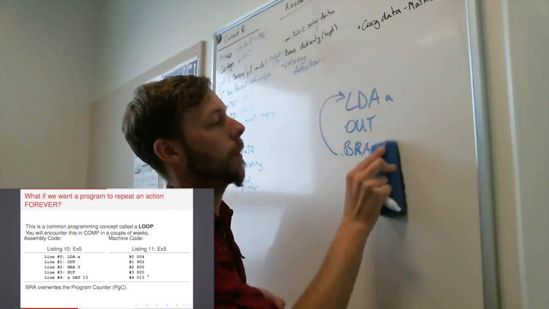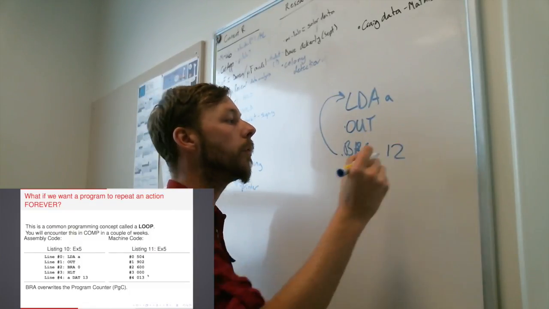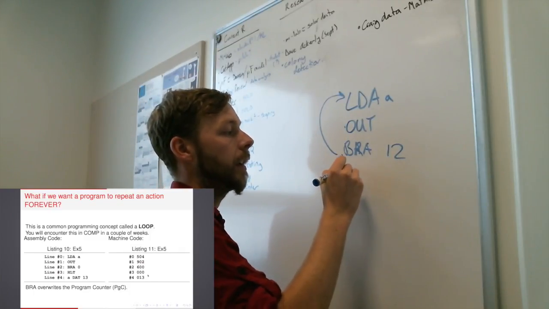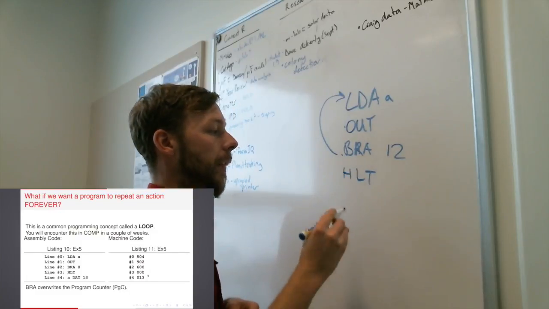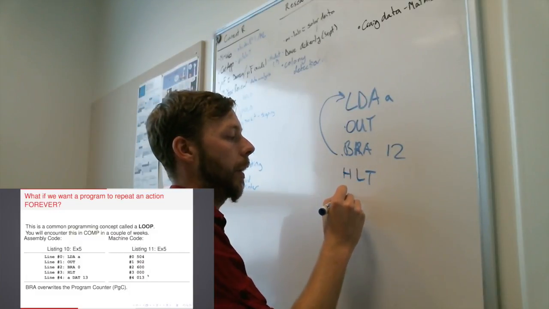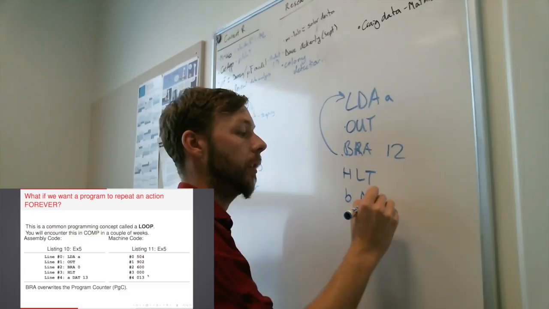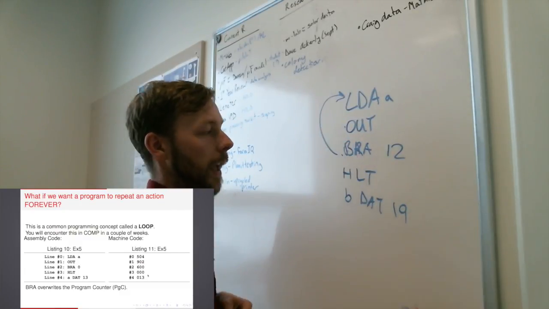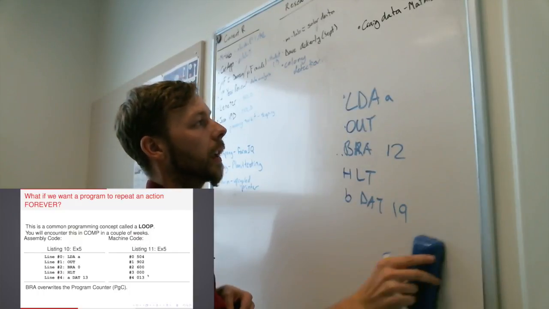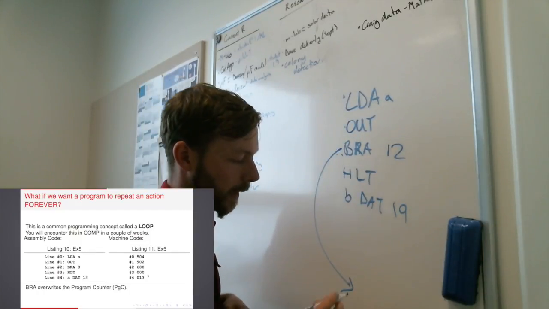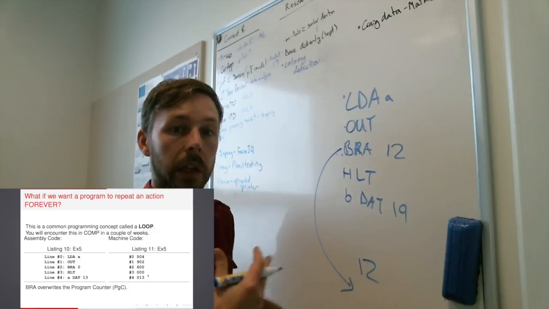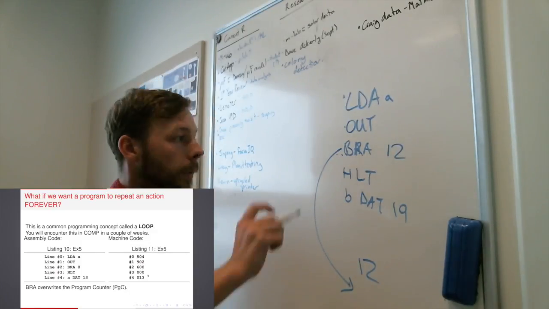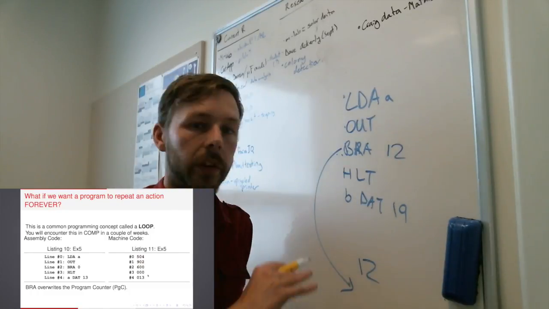If we had a command that was, let's say, branch 12, we could make him skip all the commands that were down here, like let's say we had a halt, and then we had a B dat 19, all of those. If we had BRA 12, once we hit that, instead of looping back to the start, we would skip all the way down here to wherever line number 12 was, and we could have a whole bunch of different code written down there. So you can make your program loop forever, or you can make it skip large chunks